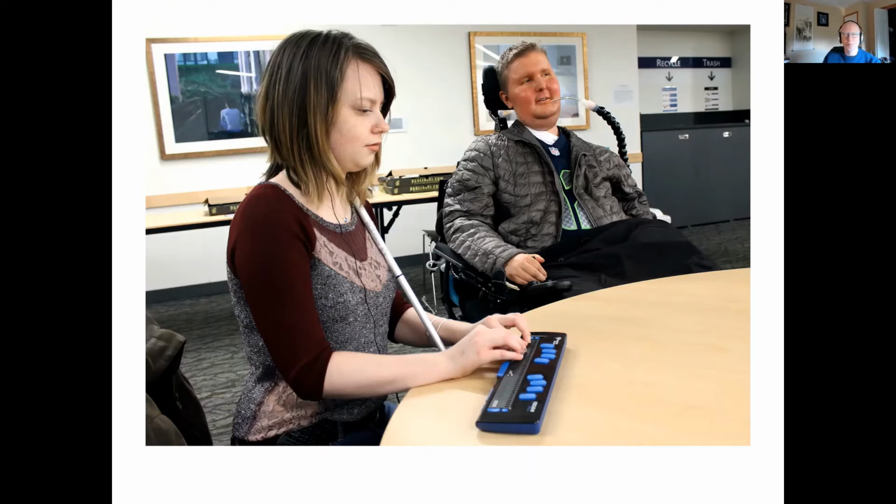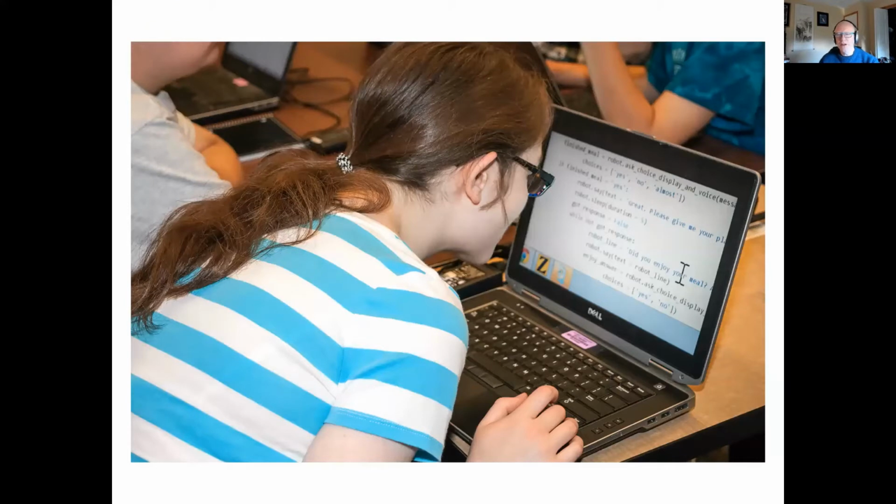So how accessible are the technologies that you're using to Courtney and Conrad? This is Hannah. She also has a visual impairment, but she's using magnification. She does have some eyesight, and she has everything enlarged here. She's looking at code and in fact did end up in computer science with a minor in physics and math. She won all sorts of academic awards and did an internship at Facebook and now is working as a developer at Facebook.